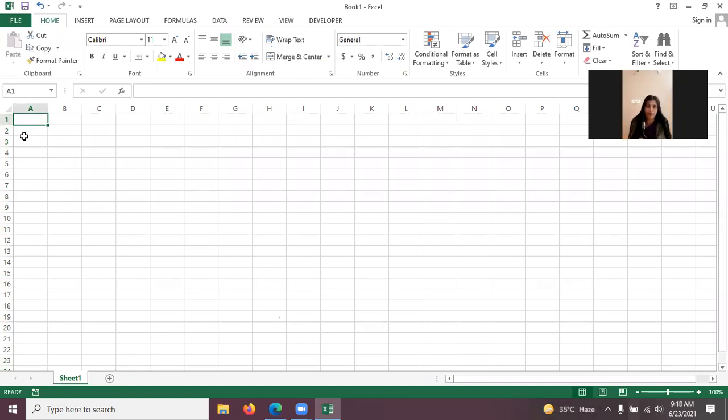Yes, beta. And we can also select two or three of these. Your voice is lagging, beta. Speak properly. If you want to select... Ma'am, if we want to select only two or three of these rows... Yeah, you can select two or three rows together. Khushi, select two or three rows together, beta.